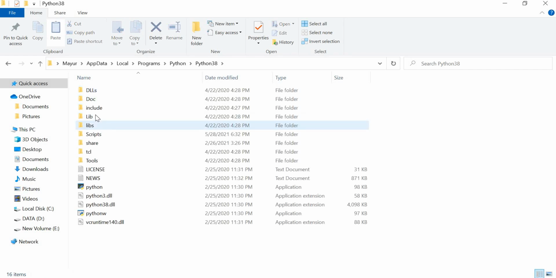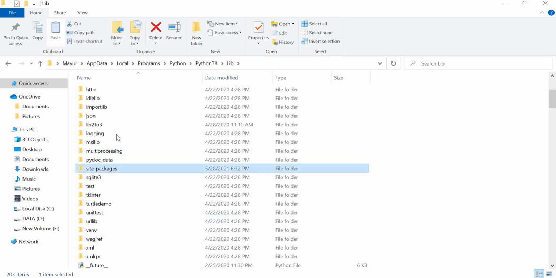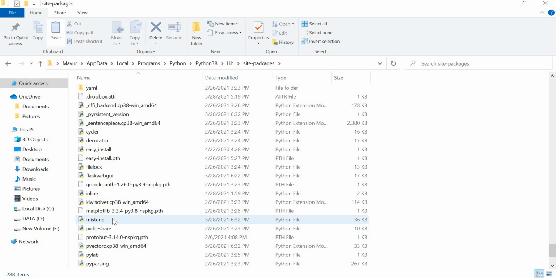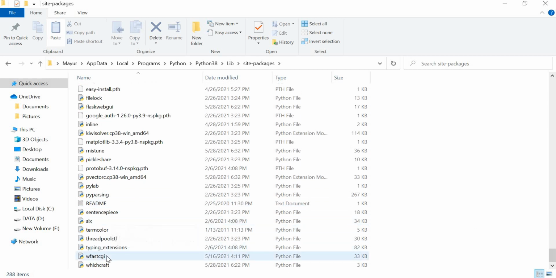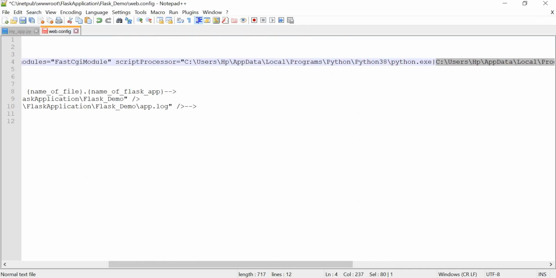If you click over here, click on lib, then site packages, go down, you can find the w5 CGI.py file. When you set up, it will automatically come to this location, right? So this is the w5 CGI file. The next is the execution file.